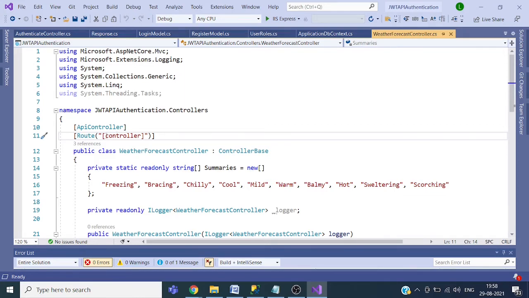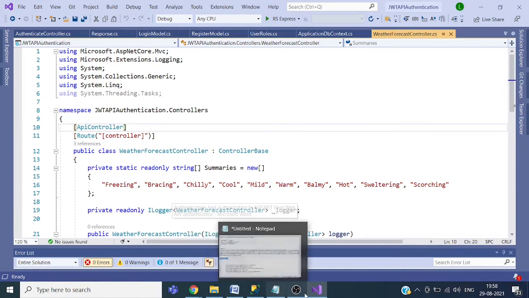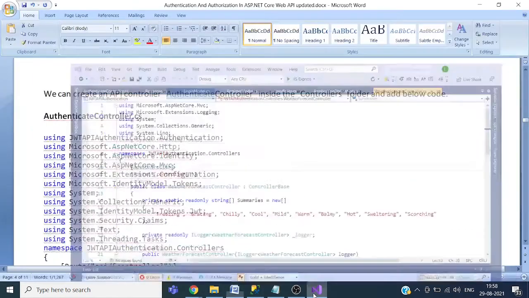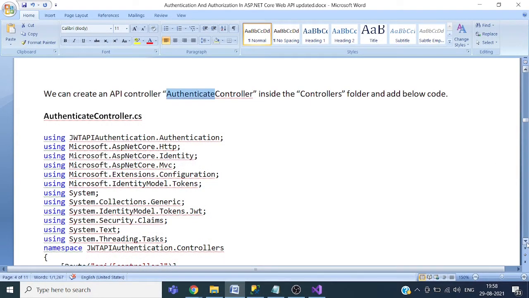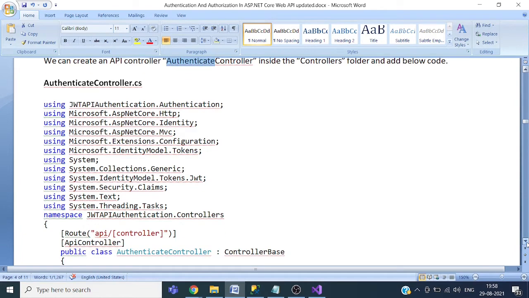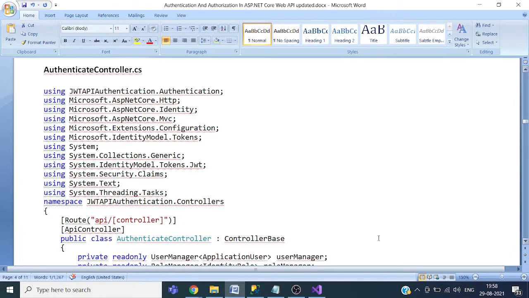Okay, so api is optional. Now we will add the methods for login and register.